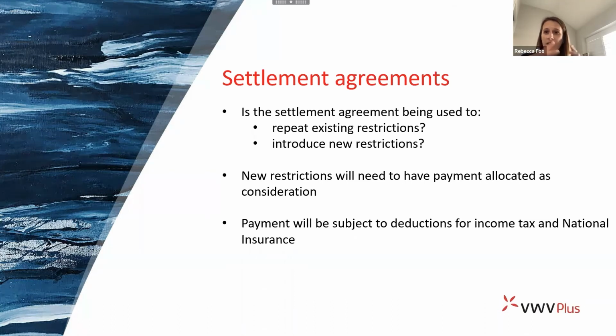employee will agree to waive any claims that they may have against the organisation, and in return a sum of money is paid. There are several restricting clauses, so there'll be confidentiality clauses in there, a gagging clause, a return of property clause, and often in settlement agreements there are restrictive covenants, so you'll find perhaps a non-compete clause. Now, sometimes these covenants are repeated from the contract of employment, and sometimes they're brand new restrictions,